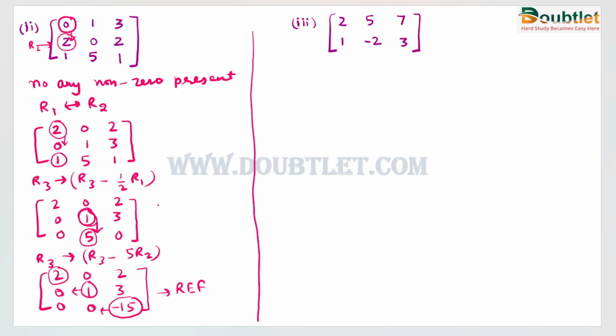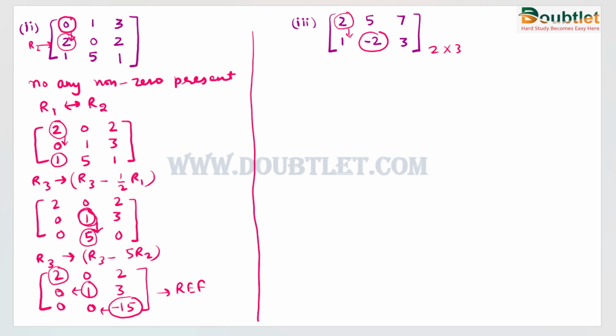We just have to take care of the operations. Now we will take the example of the next matrix. It is a non-square matrix, meaning there are 2 rows and 3 columns. I am marking the leading elements: these are the leading elements. First, we check for any 0 row. No 0 row is present in this matrix. Second, we check the first leading element and it should be non-zero. This condition is also satisfied.